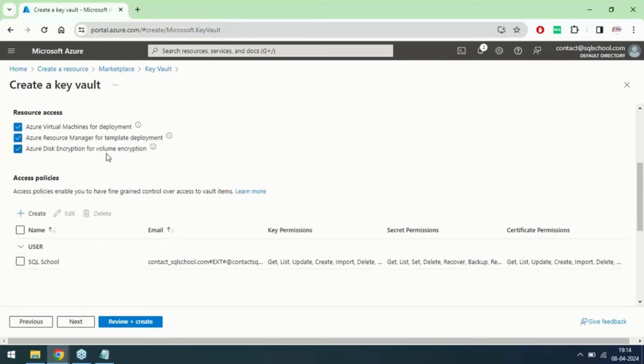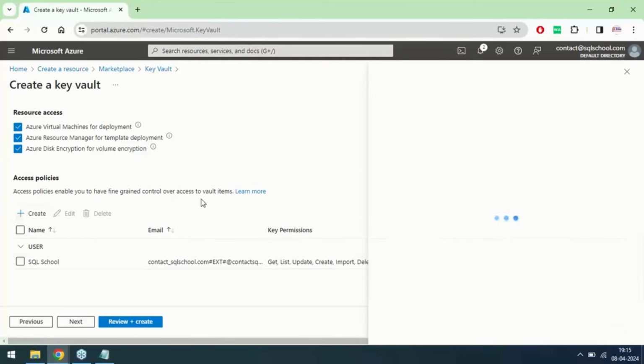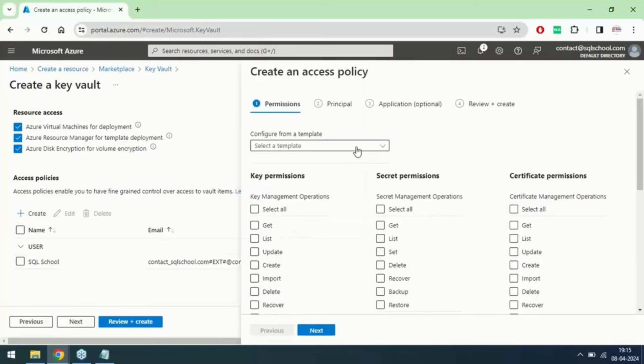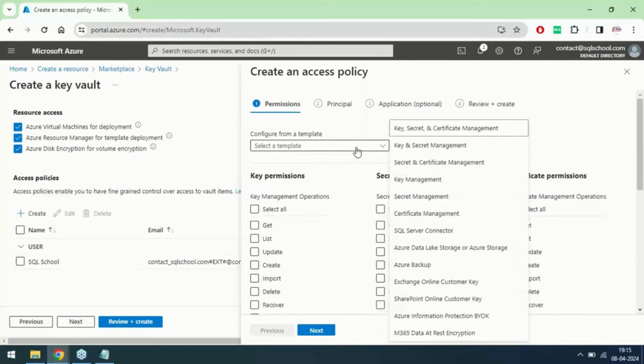Remember the term. Please understand and underline it. ARM, Azure Resource Manager template. We'll touch base with this concept in the next few classes, mostly this week by Thursday or Friday. Click on create and template. There is one important template called, here you go,